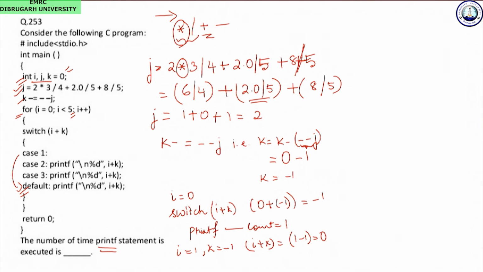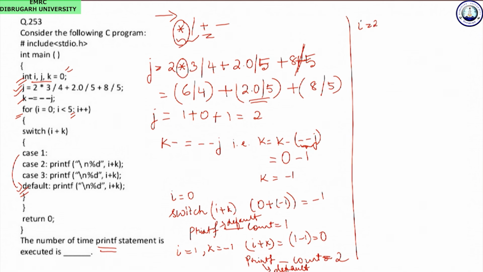So there will be 1 printf, that is count is equal to count plus plus. So it was 1 initially, it is 2, okay. It is 1 time, it is the default.